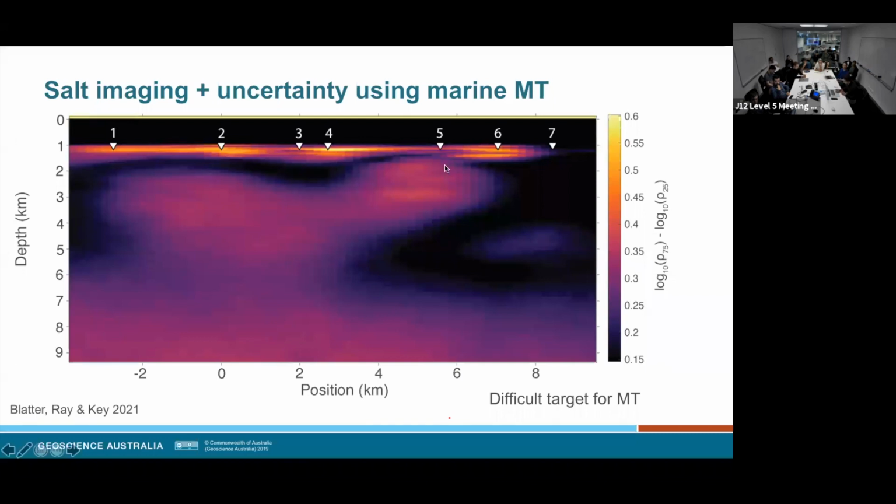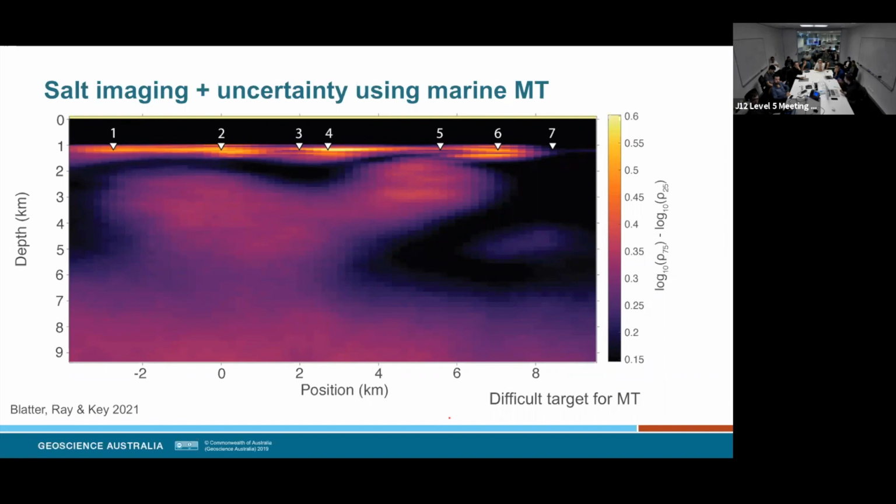Now the salt over here, which is geologically deposited in the earth over millions of years, I'm not a geologist, don't ask me, is extremely resistive, but the sediments in a marine environment are quite conducting. So you want to image the salt, but you can't because it's resistive.